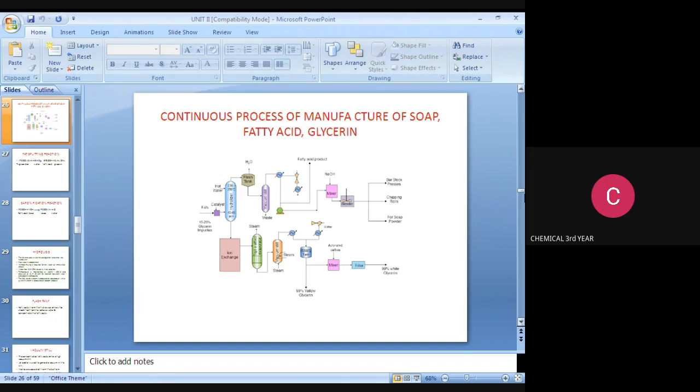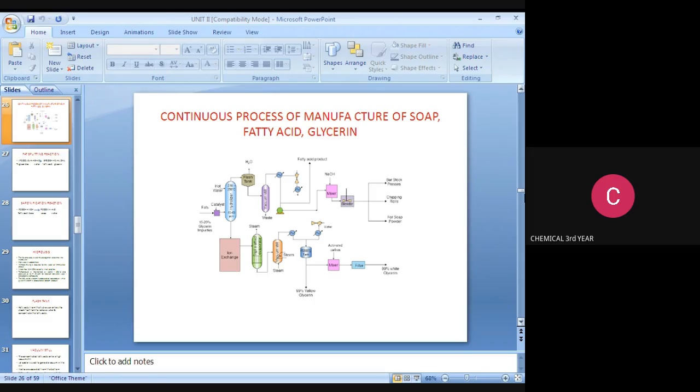This is the continuous process of manufacturing soap, fatty acid and glycerin. So this is the manufacturing process of soap, fatty acid and glycerin. The fat contains 15 to 20 percent glycerin, along with impurities and catalyst, and enters the